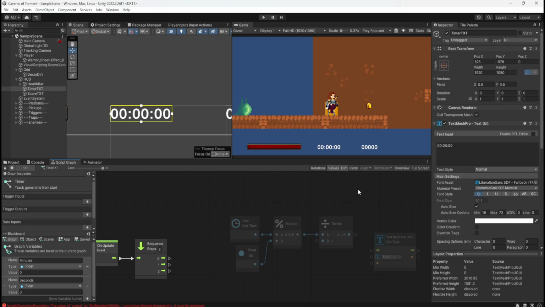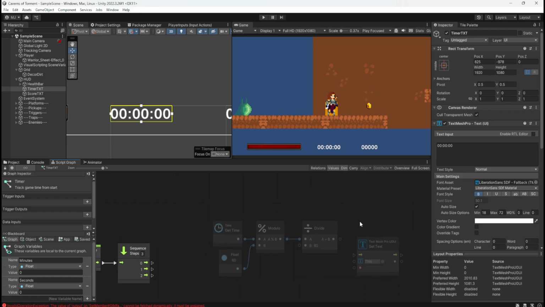Connect A to get time and B to float 60. Okay. And then I take it the output, we would add that to seconds. Maybe.